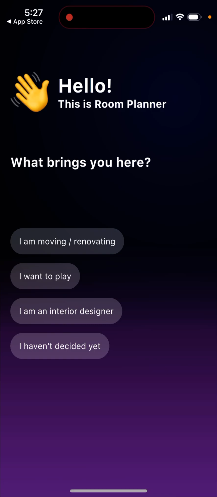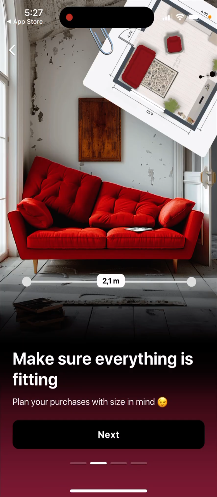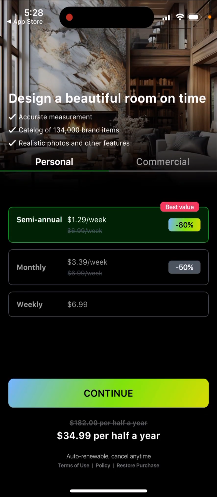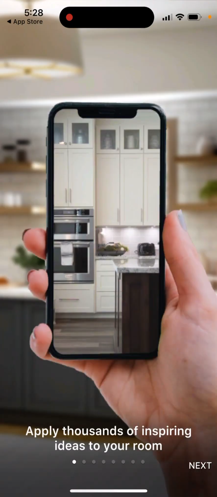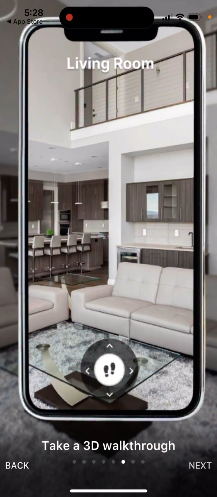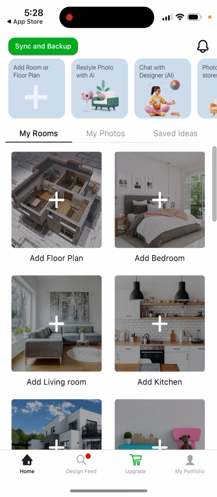open it up, and then here you just select. There's a price for that. So weekly $7, $35 for half a year. So $70 around for a year. So then you can just